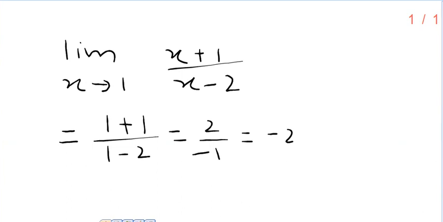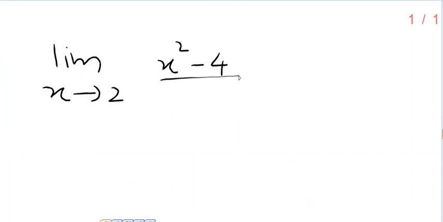Is that clear? But in most of the cases, as I said, we won't be able to evaluate the limit in the first step. I will consider one simple example. Limit x tends to 2, x square minus 4 upon x minus 2. Means we are asked to find the number to which this function approaches as x approaches 2. That is, we are interested in knowing the number to which this approaches as x assumes values which are nearer and nearer to 2. Can we take the limit in the first step? To take the limit means to replace every x by its limiting value. Okay, so which in this case is 0 by 0.